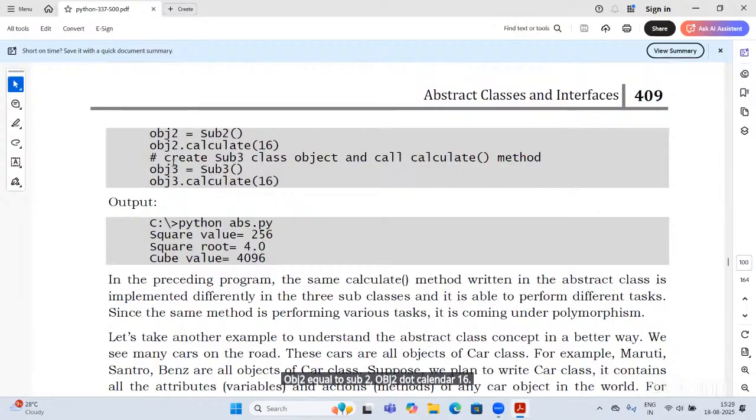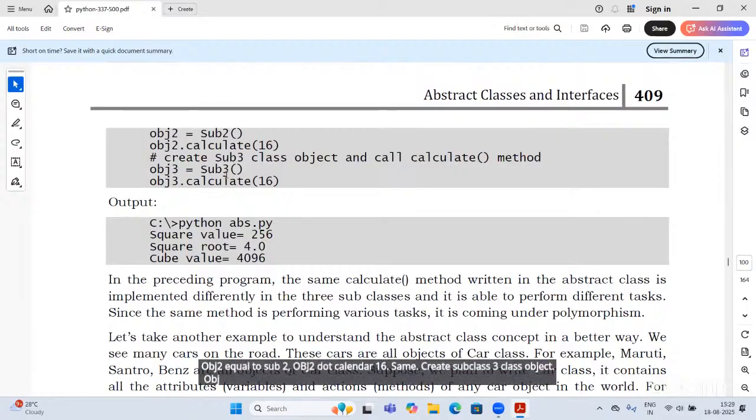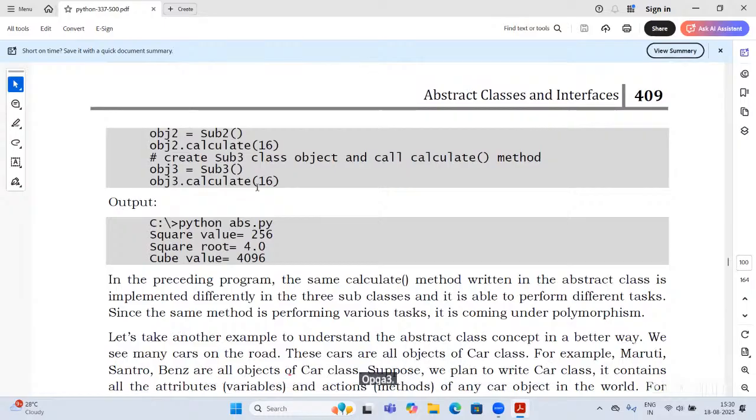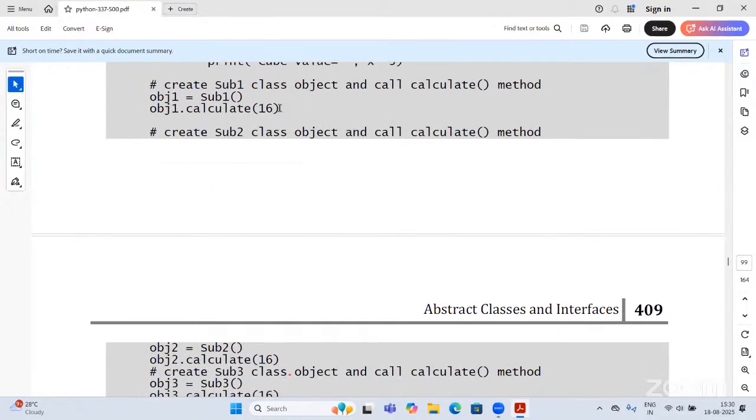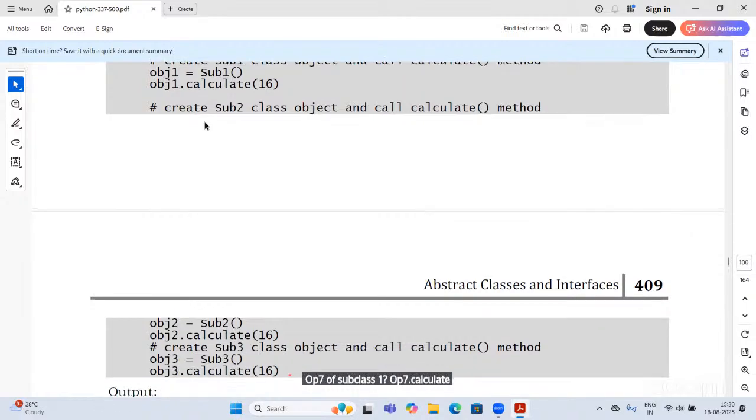Same, create a subclass 3 object: obj3 = Sub3(), obj3.calculate with some parameter. Then obj1 of subclass 1, obj1.calculate.